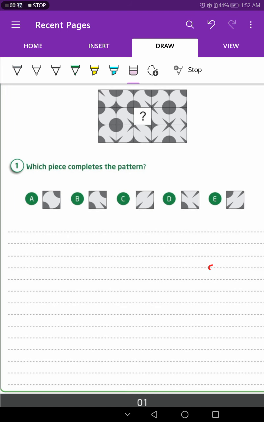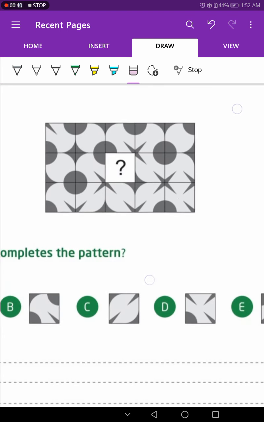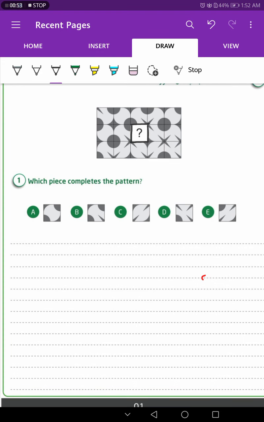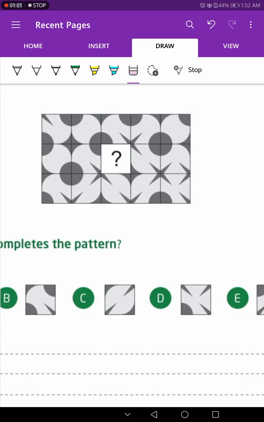Question number 1: which piece completes the pattern? This is the pattern, and we have a missing square here, as you see. You have to know which one of those is the missing square. At first look, you will be confused, but if you focus a little bit and see the corner here,